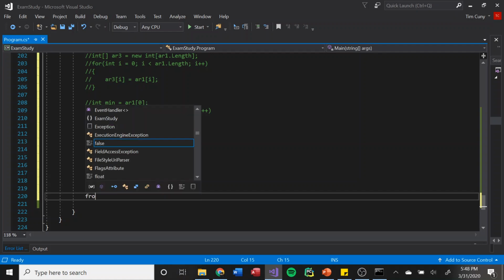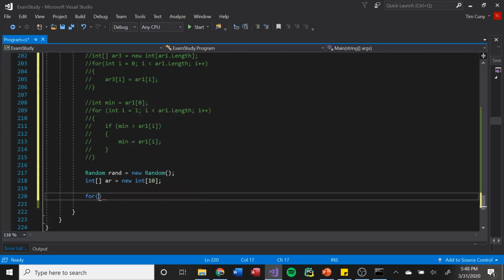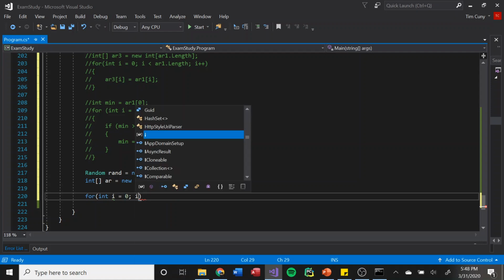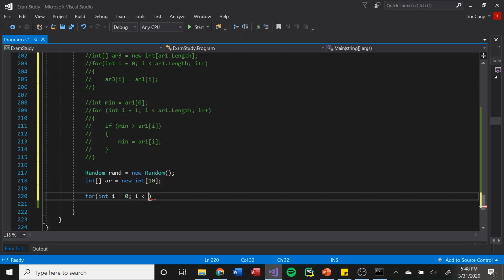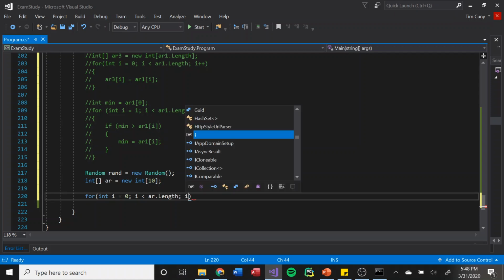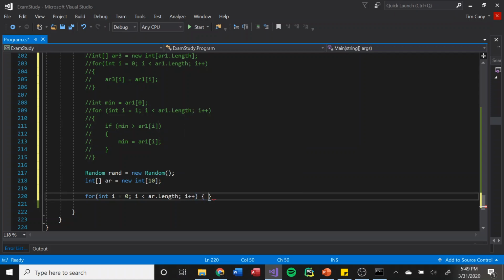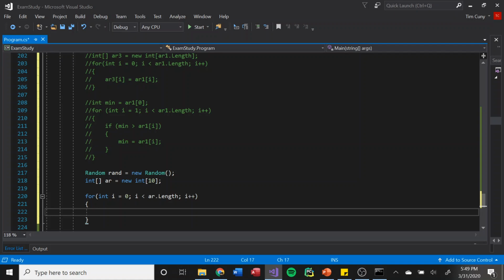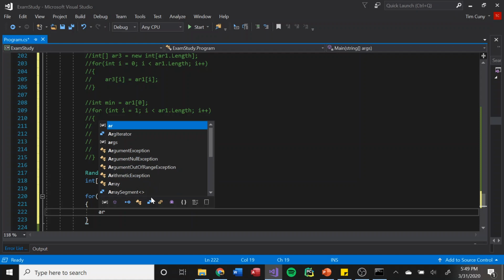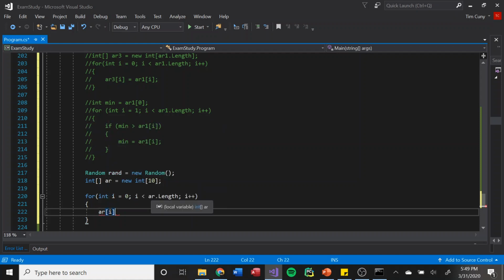Okay, so for i equals 0, while i is strictly less than array.length, i plus plus. While we're inside here, we're going to use that random object. So array at i equals